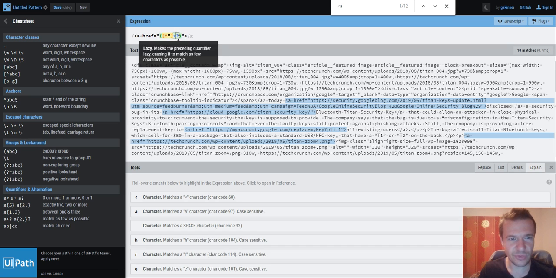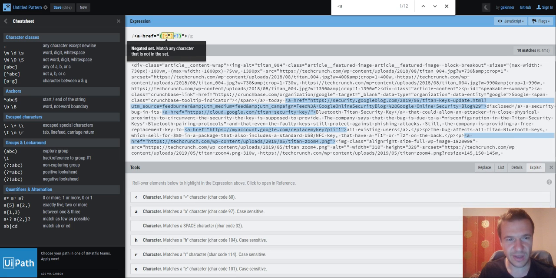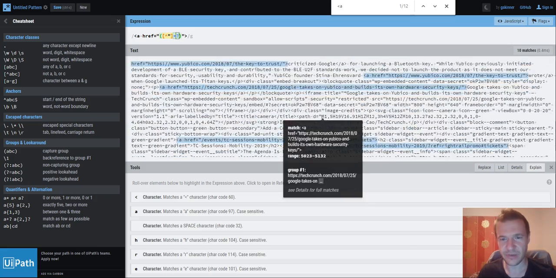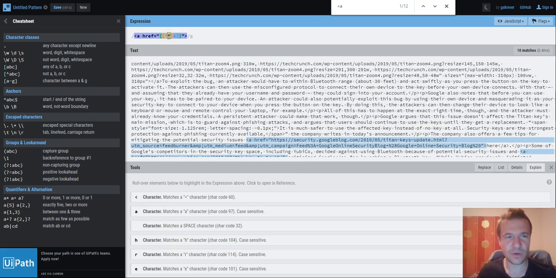So if you hover your mouse over this, then you will see that a tooltip will appear and the operator will be explained. So this is the nice part of regexer.com, because they explain what operator you entered and what it exactly does. So I entered here an expression that will match all links from the article. So you can see that all links are highlighted now. And now we can go ahead and copy this